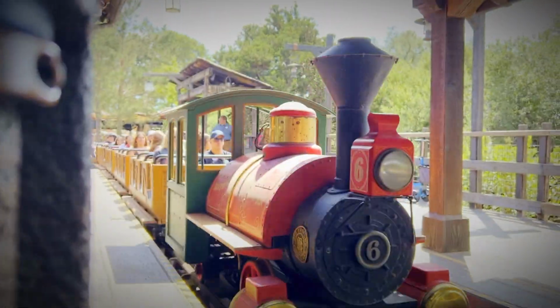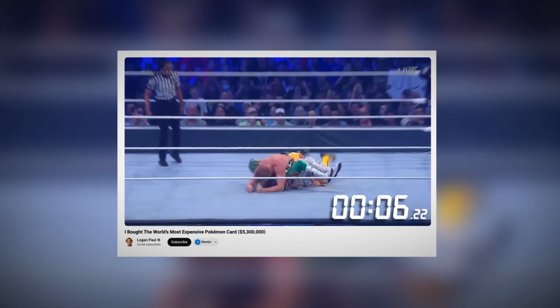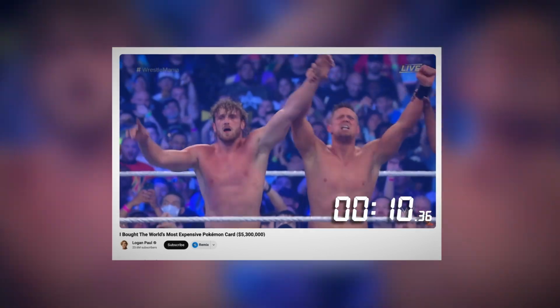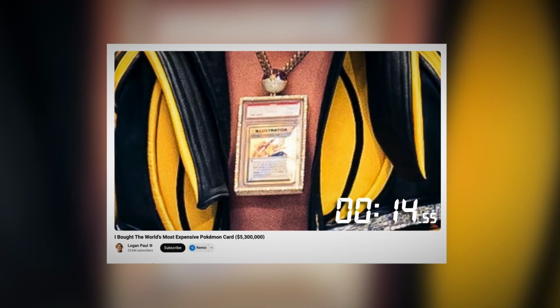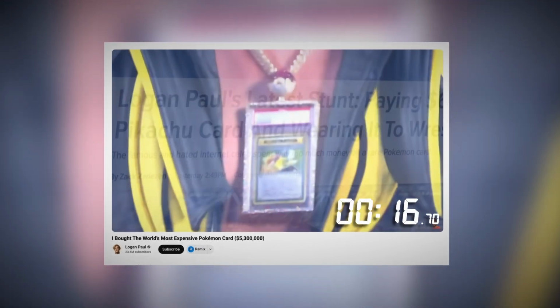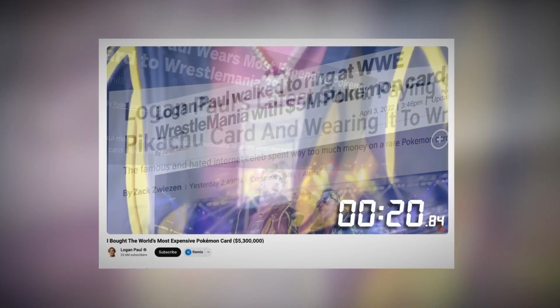Imagine stepping into a theme park ride. Hayden's intros work the same. They don't just set the scene by telling you what's about to come in the video, they strap you into a roller coaster ride where every single second that goes by grips you tighter. In Logan Paul's Pokemon video, it's like the viewer is strapped to a seat of anticipation, climbing second by second towards a big drop. And after the intense build up at 21 seconds, we hit the peak and dive down